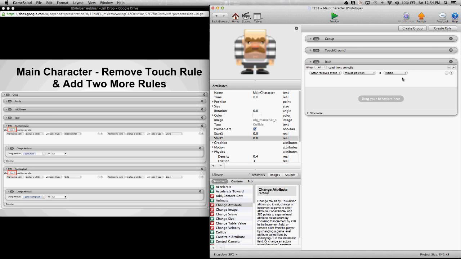And again, we're going to select the all option, and we're going to change it to any. And then we're going to say when this actor overlaps or collides with goal, goal 1. So you can open the drop-down menu and select goal 1. Again, we're going to hit the little plus sign to create a new condition. And we're going to say when this actor overlaps or collides with goal 2. So if this actor overlaps or collides with any, either goal 1 or goal 2 or both, we're going to